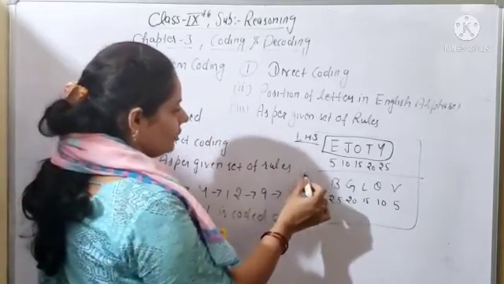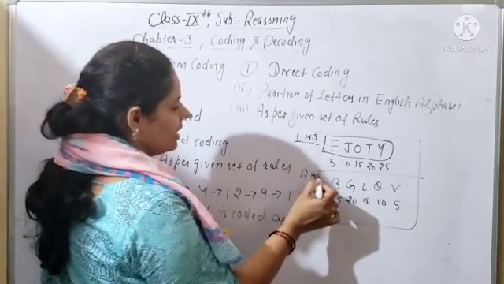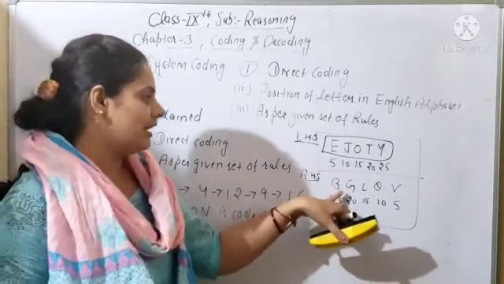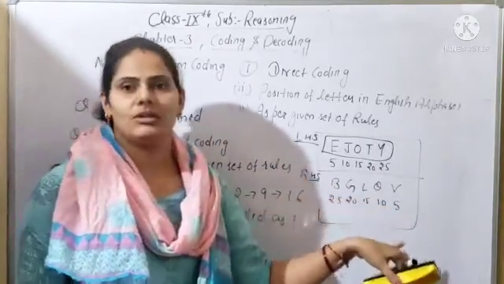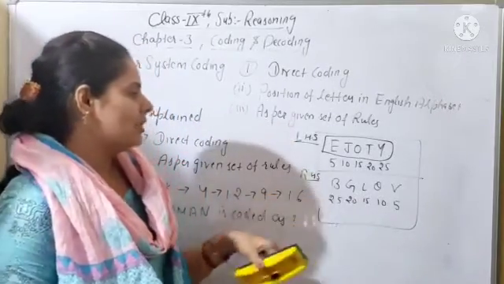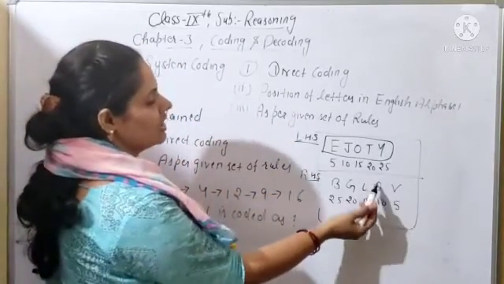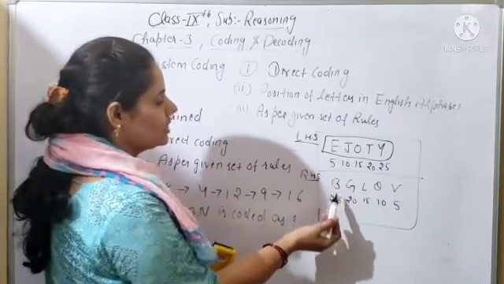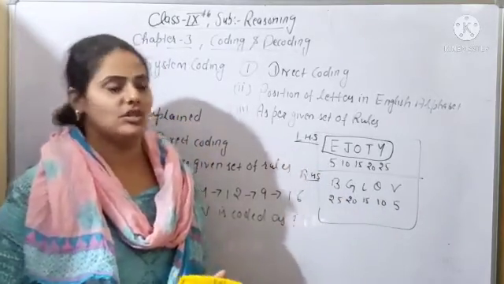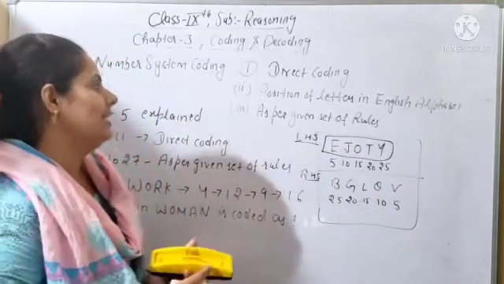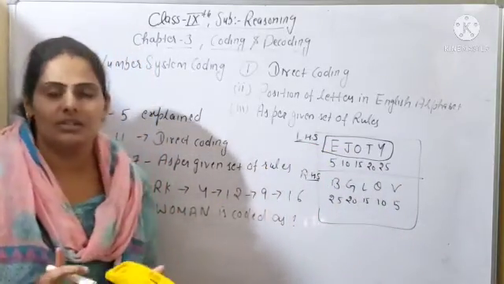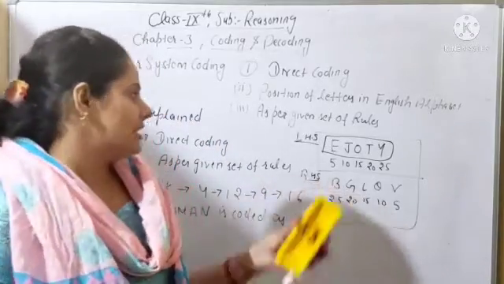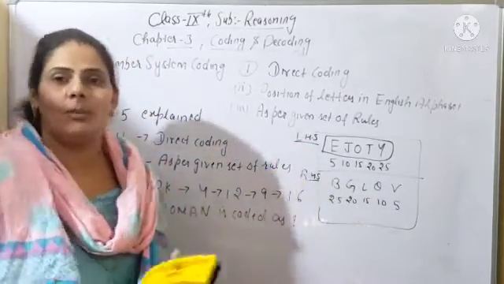If you are starting from the right hand side, it means from Z, what will be the position of the letters? You have to learn this word: B, G, L, Q, V. V is at 5th position, Q is 10th, L is 15th, G is 20th, and B is 25th position. So these are the positions of the letters. You can learn them as shortcuts, and after that you can find the position of all the letters easily. This is from the left hand side and this one is from the right hand side.